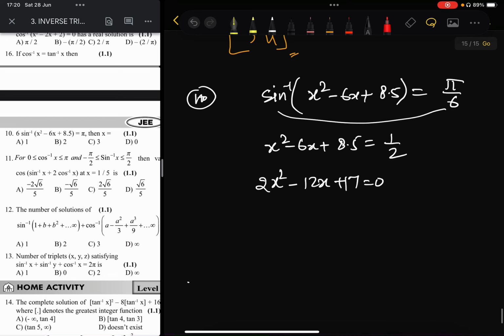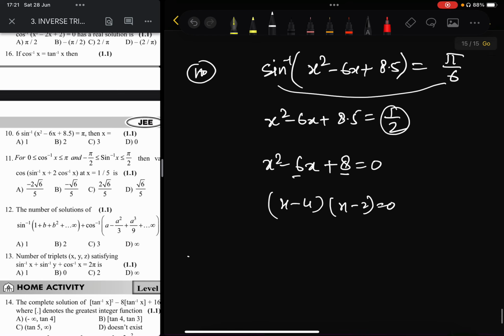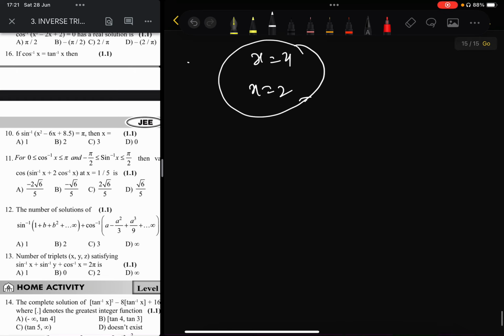Okay, so do one thing. If we solve like this, x square minus 6x plus 8.5 minus half, that is 8, equals 0. So this will become 6 and 8, that is 4 and 2, so we can write this as x minus 4 into x minus 2 equals 0. Yes, there was some calculation error previously, right. So x equals 4 and x equals 2. So which option is given? Yes, B option is also given here, so B is the correct option.